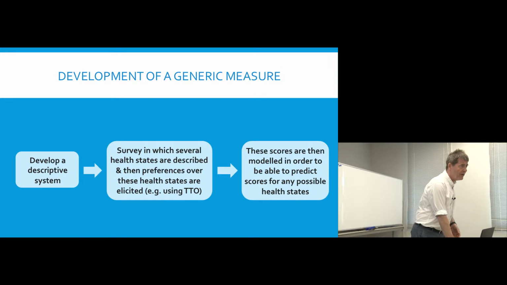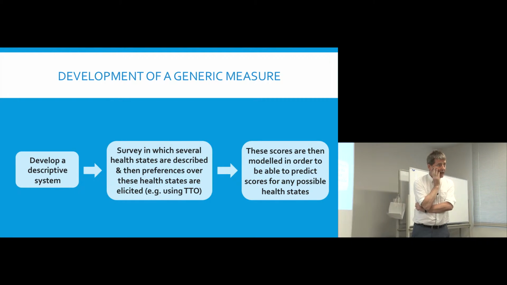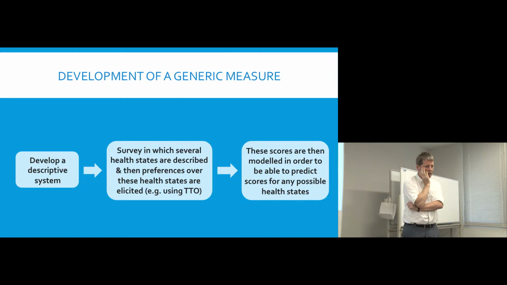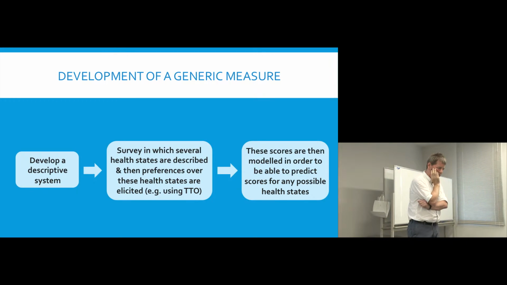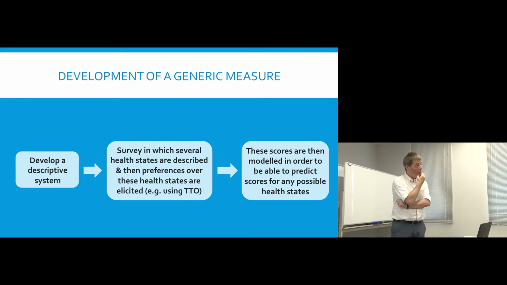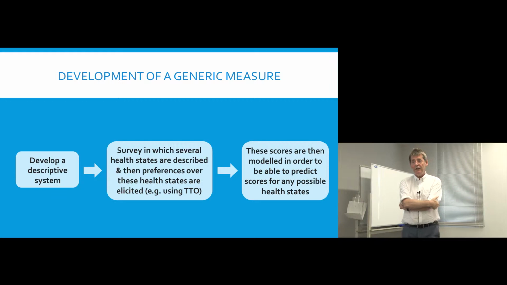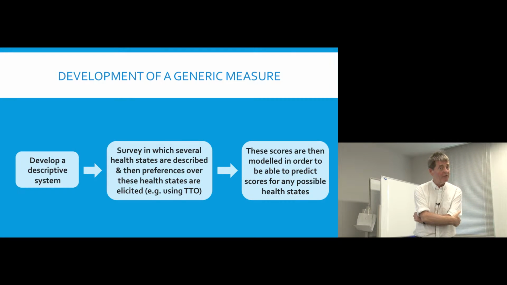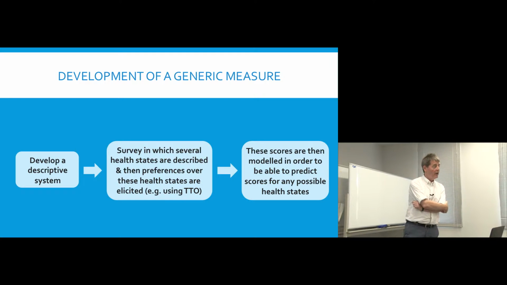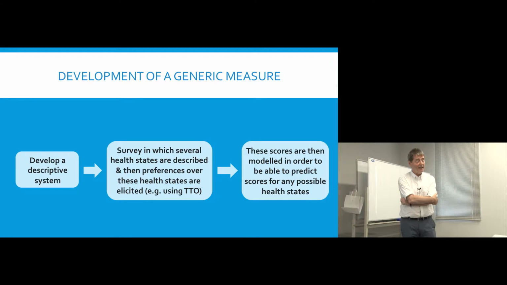So how do we develop a generic measure? There's about three main stages. First of all, we need to develop a descriptive system. And of course, this involves a huge amount of qualitative work, discussing with a range of individuals and stakeholders, primarily patients, what dimensions are important to them. And so you develop a descriptive system of health. And the EQ5D is a very simple descriptive system with only 5 dimensions: mobility, usual activities, self-care, pain, anxiety and